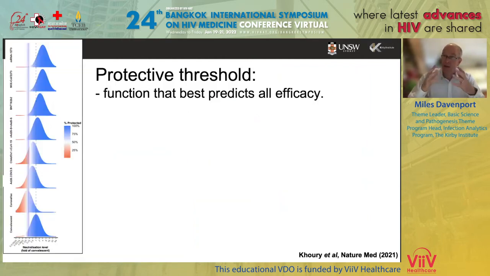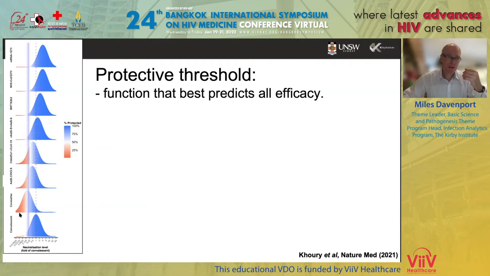But as I mentioned, we had 7 different vaccine trials, and we also had the convalescent subjects. So here is sort of illustrating the approach of saying for each, what was the distribution of antibody levels for each vaccine and what was the protection level? So for example, at the bottom left is the convalescent subjects. They have a mean neutralization titer of 1 because everything's standardized to them, and they have 11% infected. Up the top is Moderna, which has a mean neutralization titer about fourfold higher than convalescent, and it has much higher protection as well.